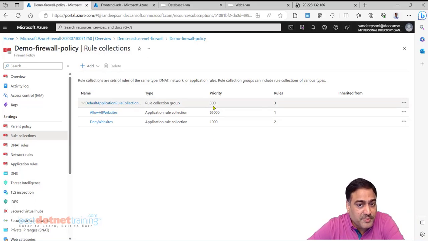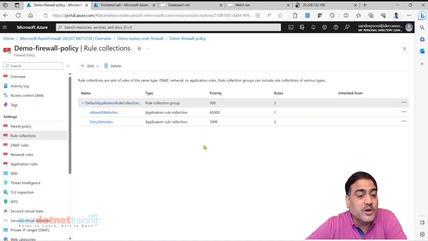So 2 levels of priority. So if there is one more rule created with priority, let us say 400, these rules will be checked first and then the priority 400 rules will be checked. Higher the number, lower the priority. Smaller the number, higher the priority. Keep this point in mind.